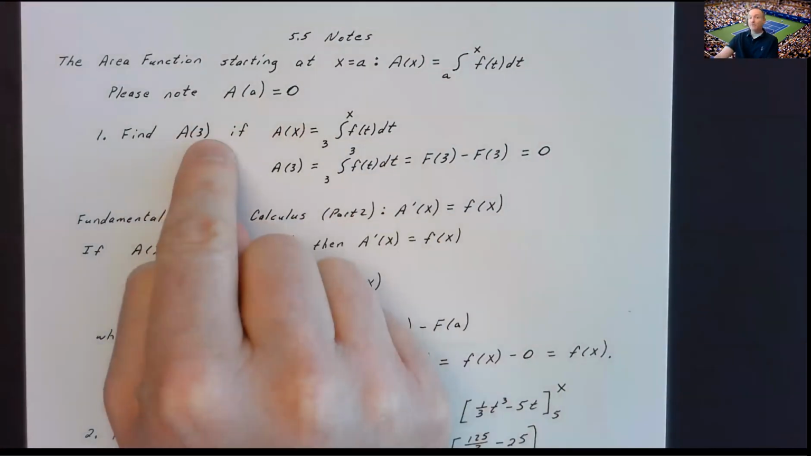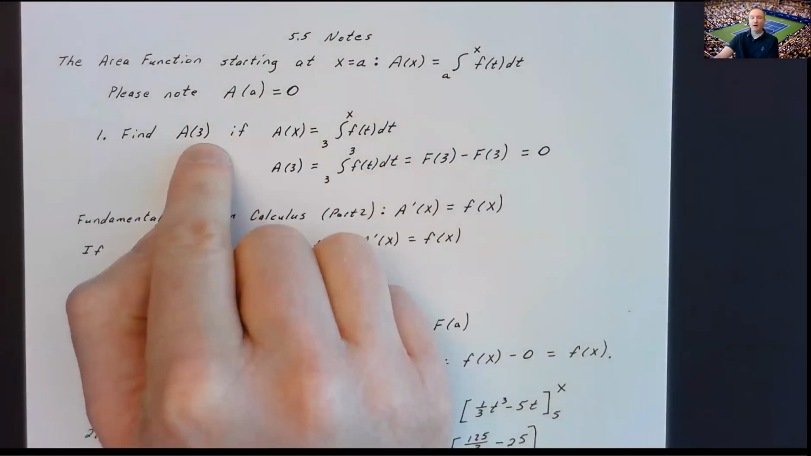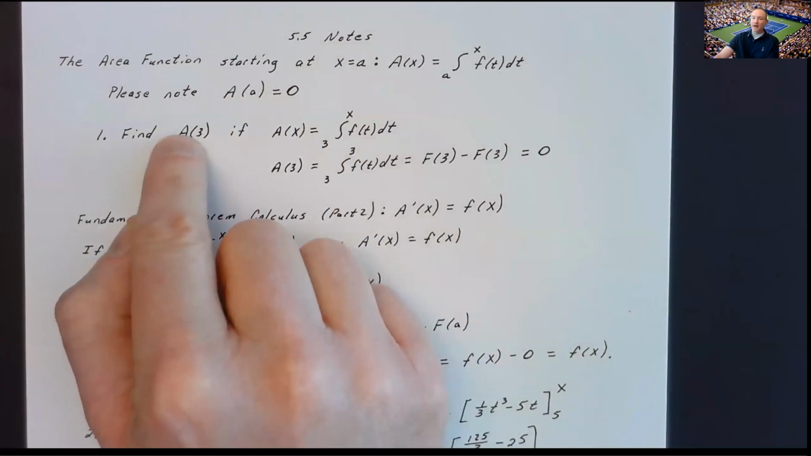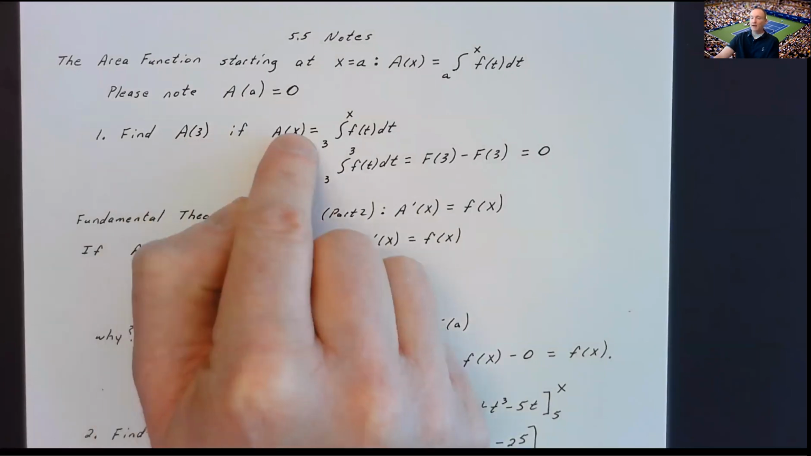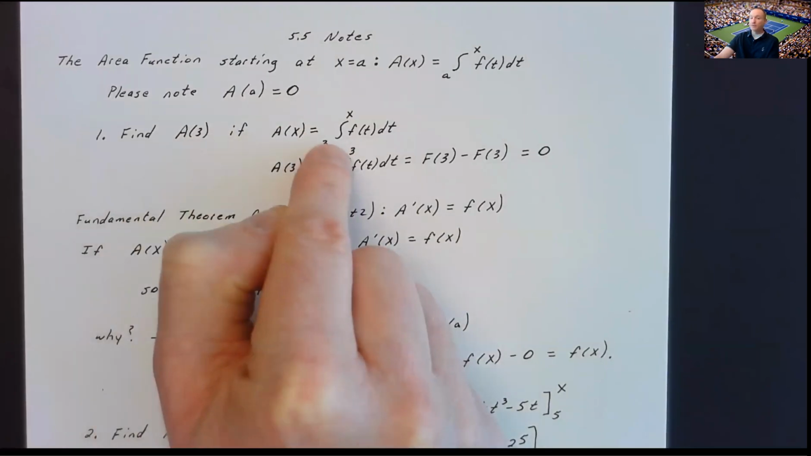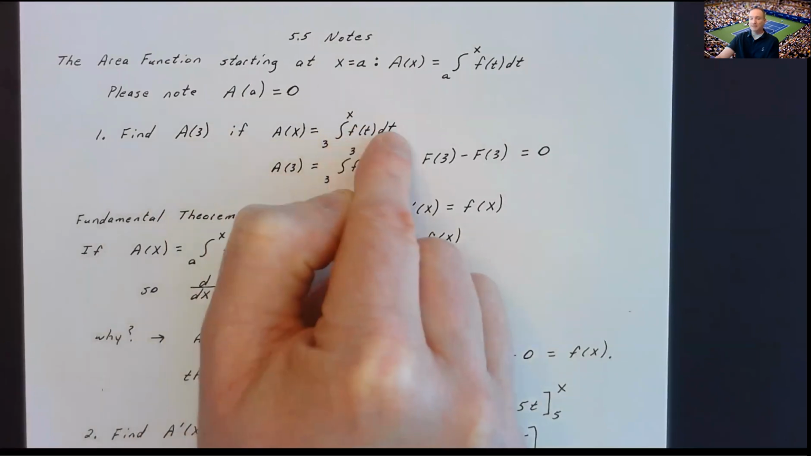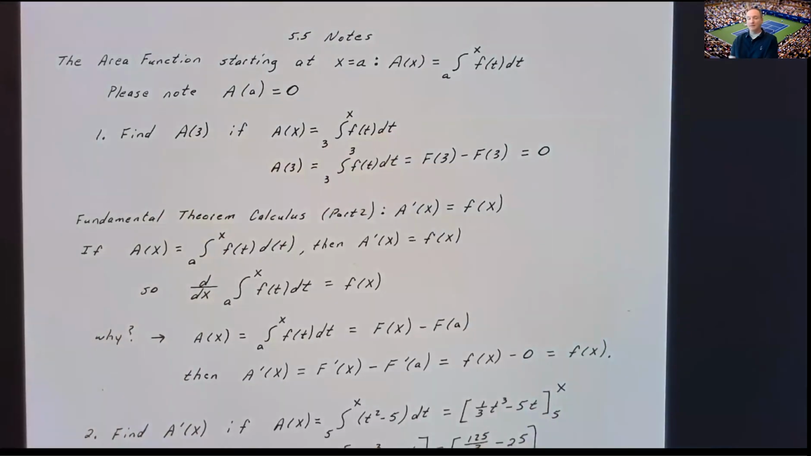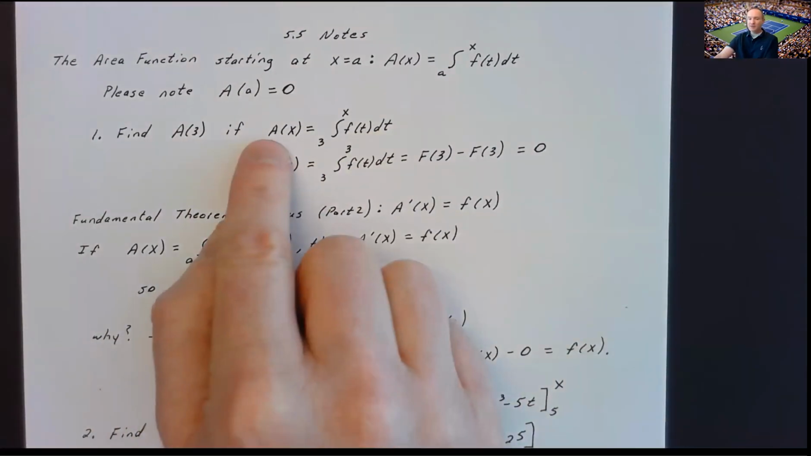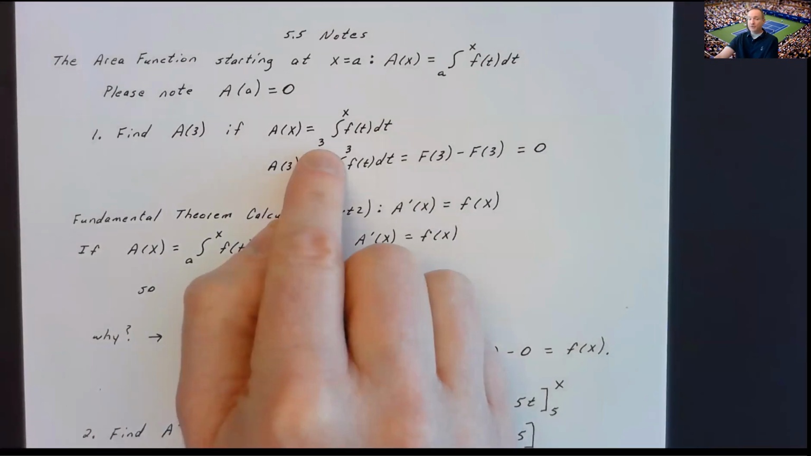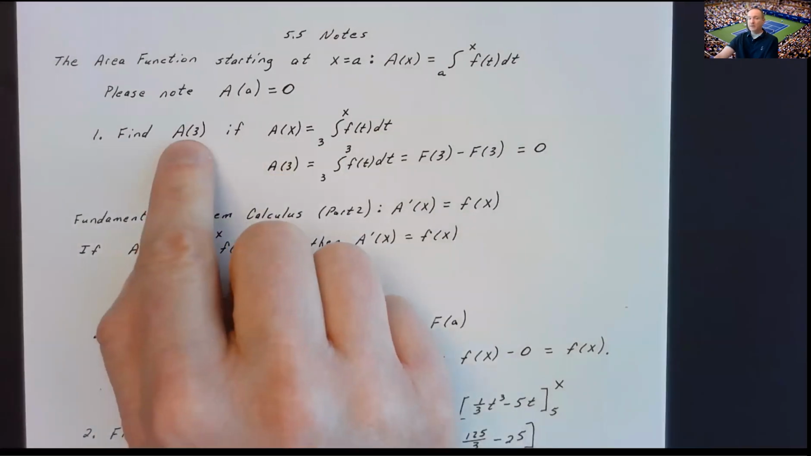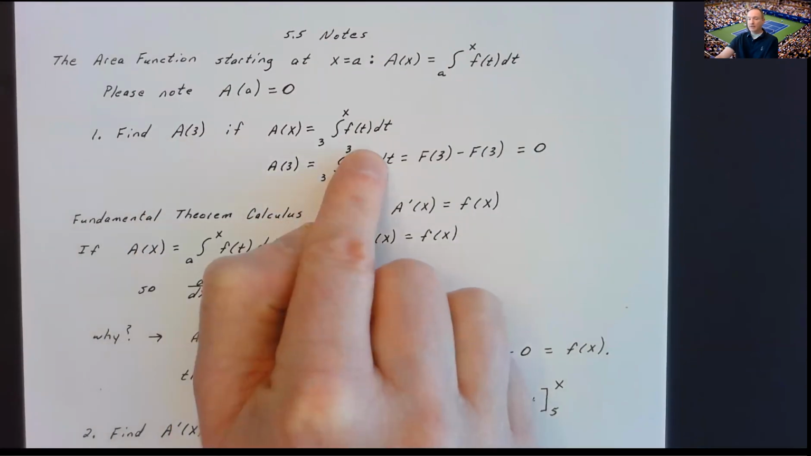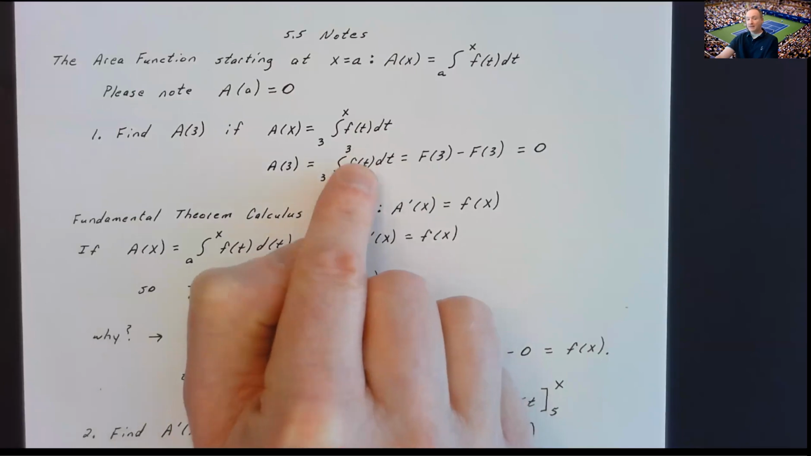Now, to piggyback off of that, if I ask, for example, how much area is the function A of 3, if A of x is represented by the integral from 3 to x of f of t dt? Should be extremely easy. The answer is 0. Why? Because if this is your area function starting at 3, then the area accumulated by the time you get to 3 would just be the area between 3 and 3,